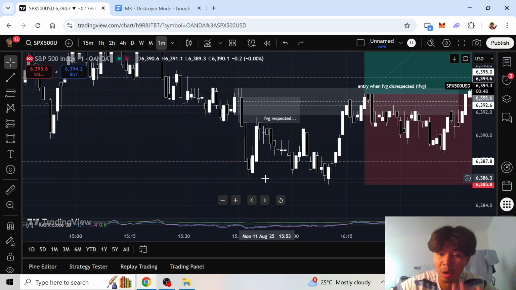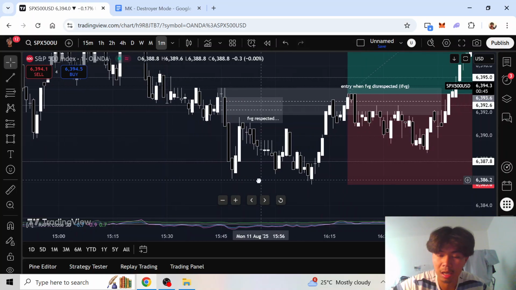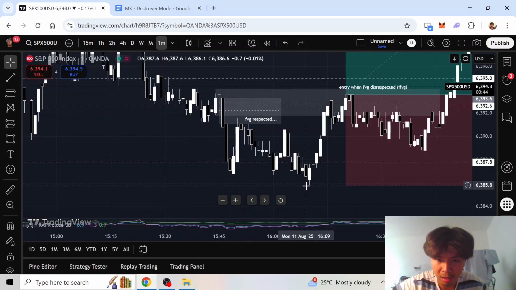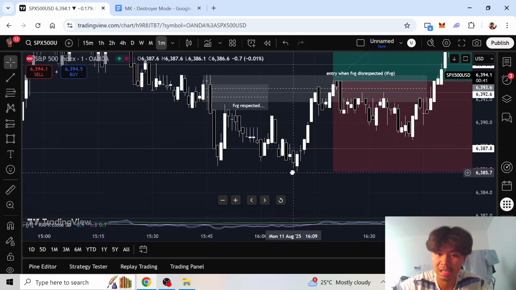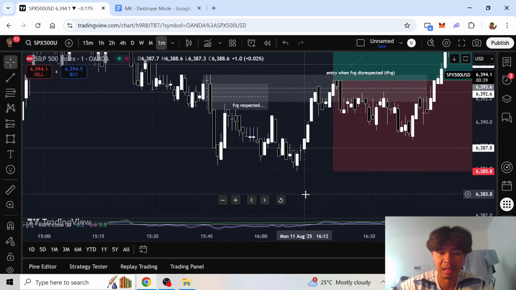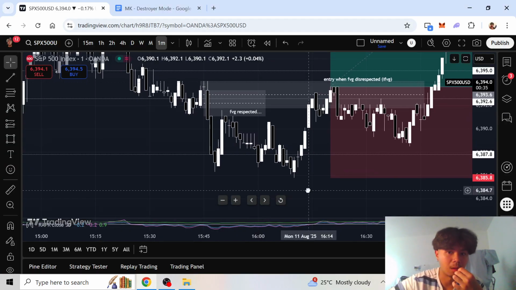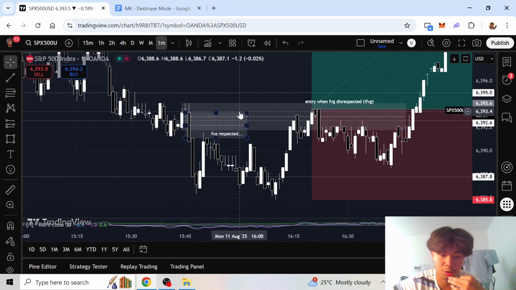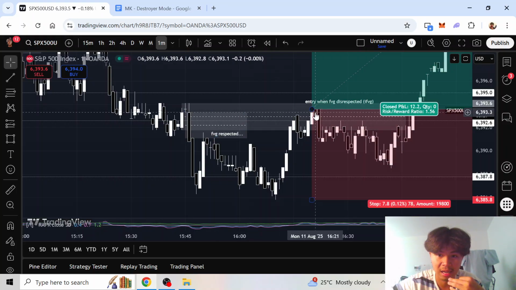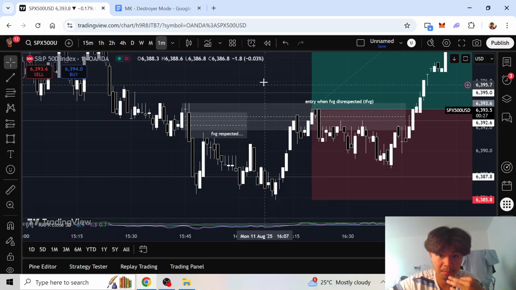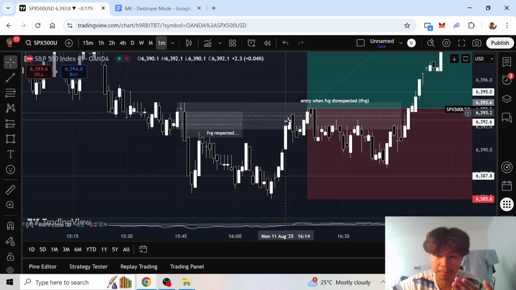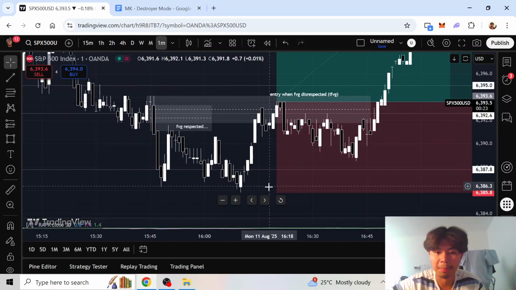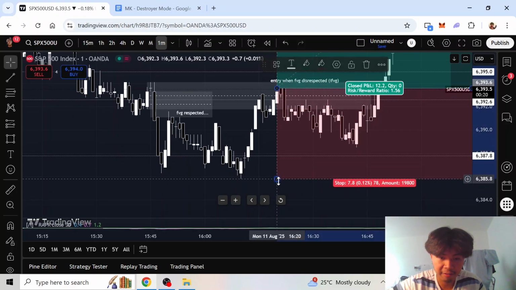So that's why I was waiting patiently for price to hit here. If price actually goes all the way down, then that'll be a no trading day for me. But if price went up over here, disrespecting the fair value gap, acting as an inverse fair value gap, I would go in. Why? Because if price